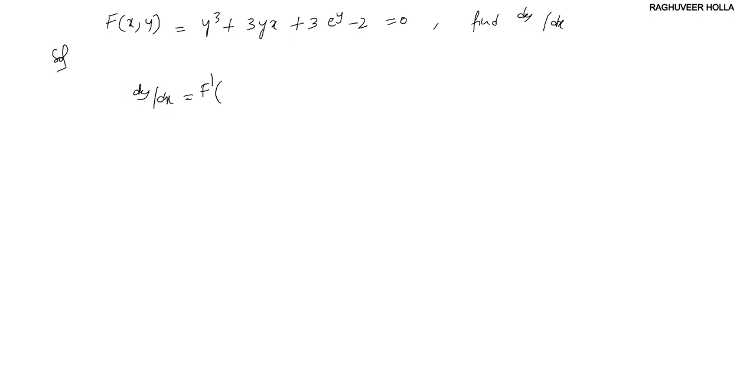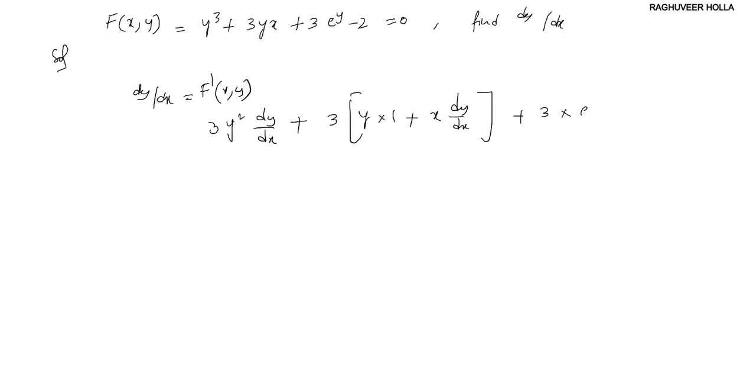Okay, and differentiating this with respect to x, so we get dy by dx, this is f dash of (x comma y), okay, which is 3y square dy by dx plus 3 multiplied (y into 1 plus x into dy by dx), okay, plus 3 multiplied e to the power of y into dy by dx,